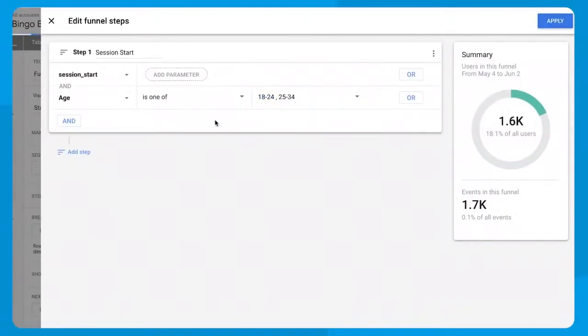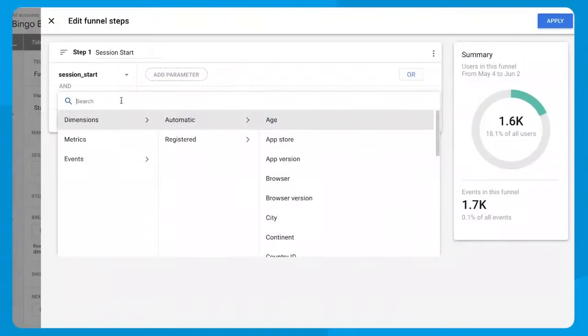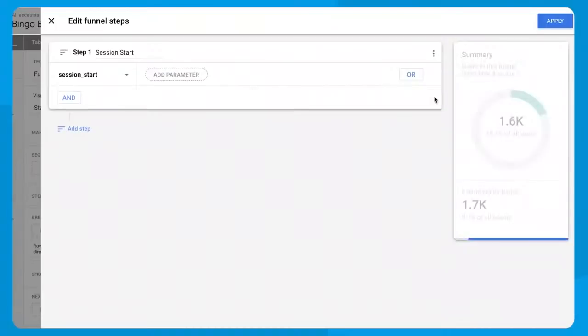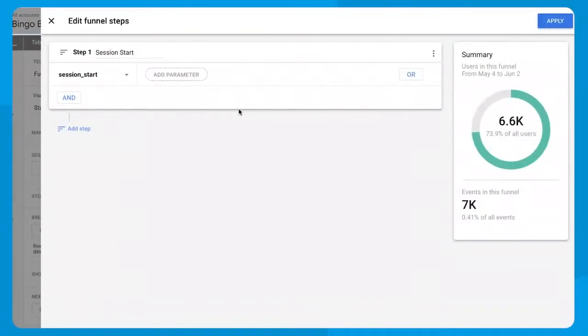My funnel is now including all users within the 18 to 34 age group who have logged a session start event. Also note that the summary card to the right has been updated with the user and events counts based on the newly added condition. The ability to select more than just events when creating a funnel is something unique to Google Analytics and can come in handy for more fine-grained analyses of your Firebase app analytics data. To continue with my example though, I'll remove the age condition and continue adding on my second step in my funnel,